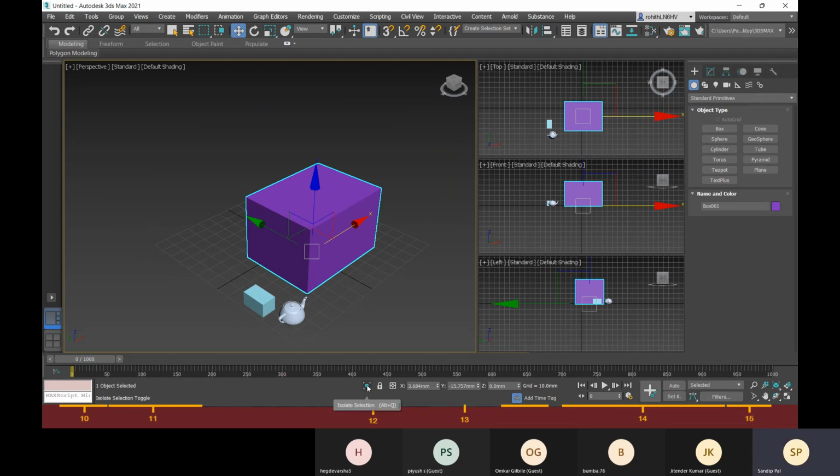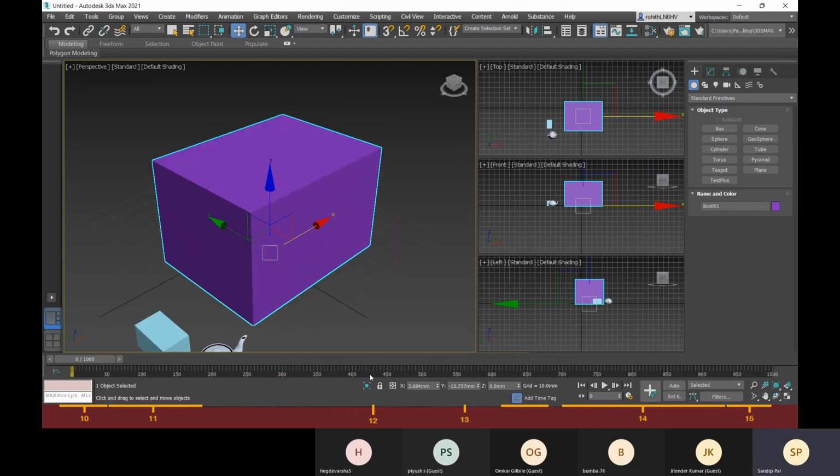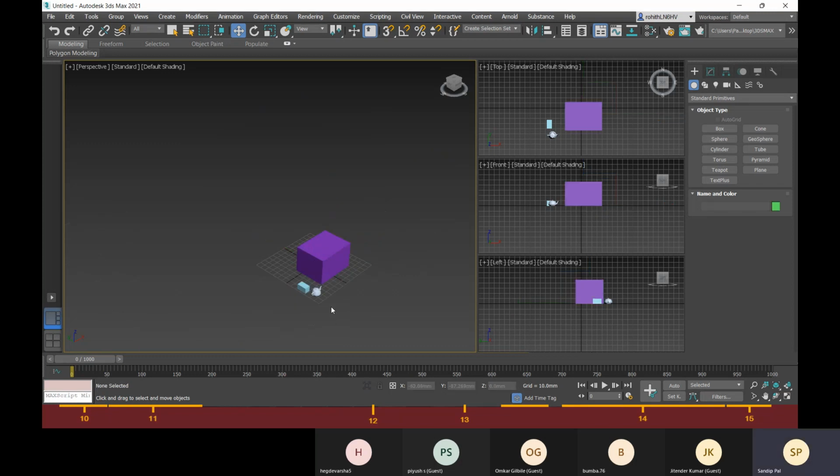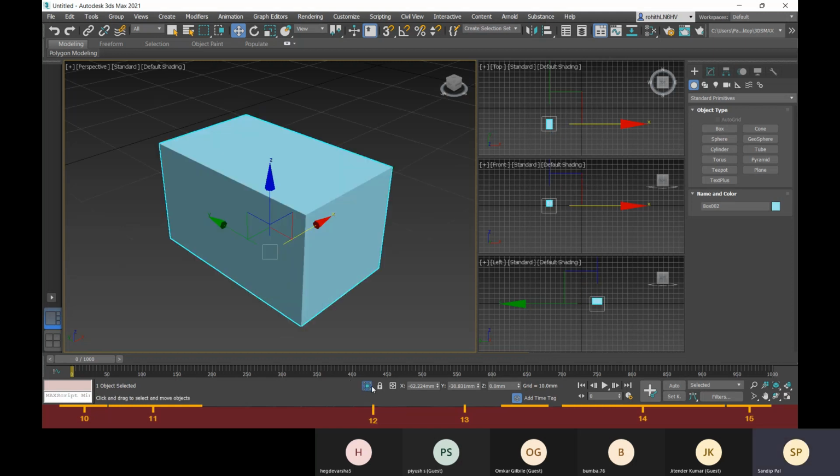Now let me click on this isolate selection. Go to this rectangular selection. Let me click on this isolate selection.